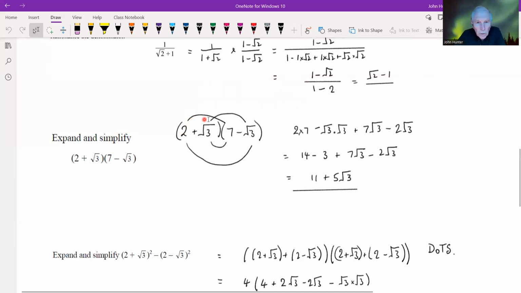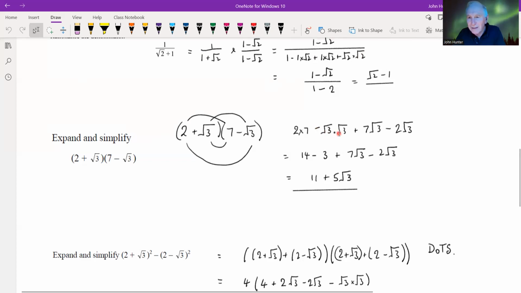Okay, so this one here is 2 times 7. That's what we got there. The left eyebrow would be root 3 times minus root 3. And then we've got the mouth, 7 times root 3 there. And the chin is going to be 2 times minus root 3, or minus 2 root 3. So we've got that. Okay, so grouping like terms, that gives us 14 minus